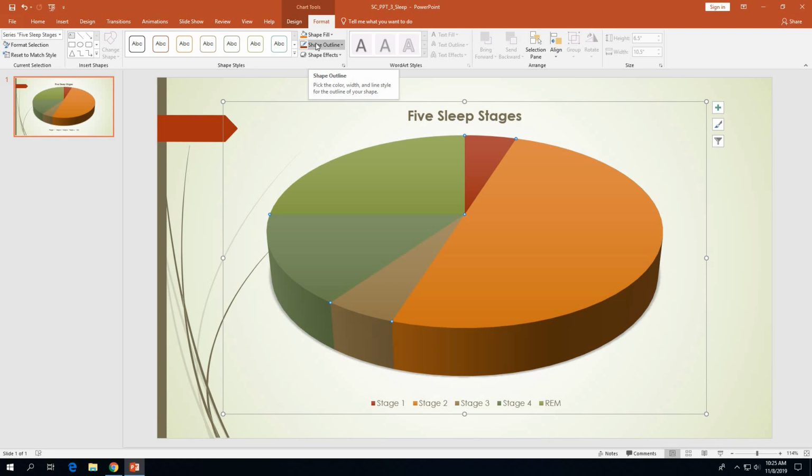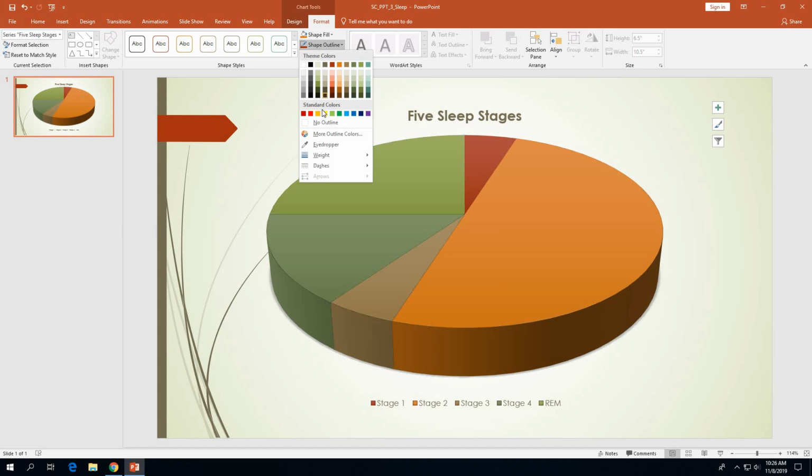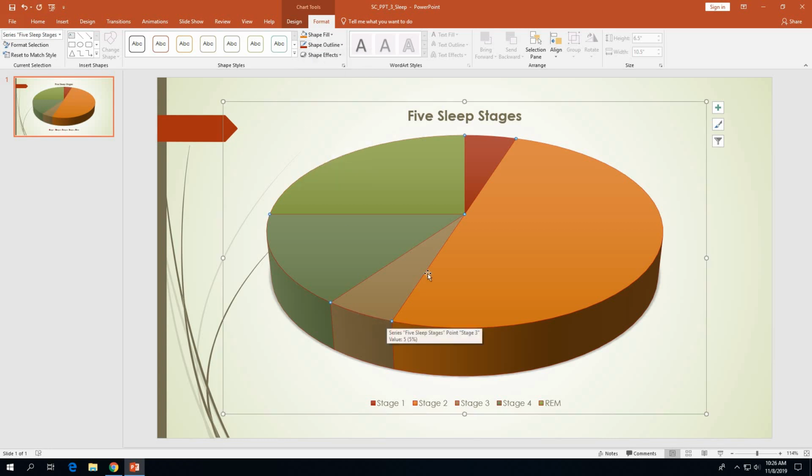So we're going to click the Shape Outline button to open up the gallery of different shape outline colors that we can apply, and it wants us to click on the dark red color in the color palette. So under standard colors, we're going to click on dark red. You'll notice that the outline between each piece of pie in the pie chart is now